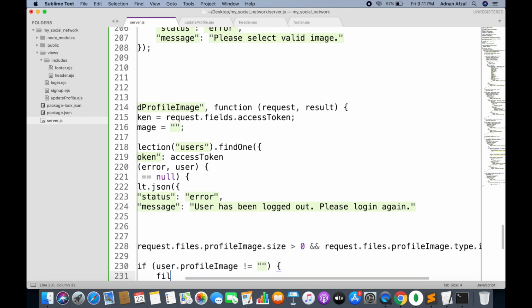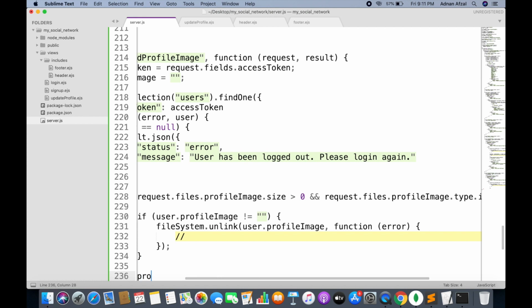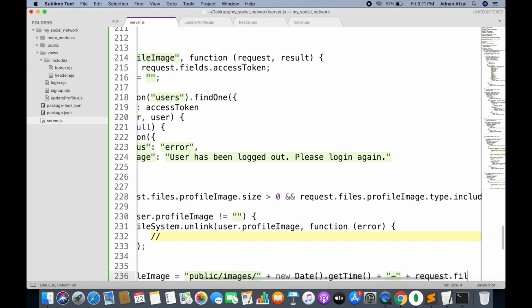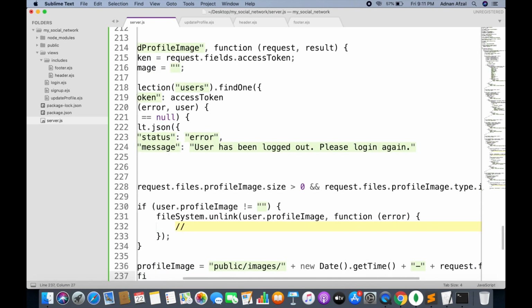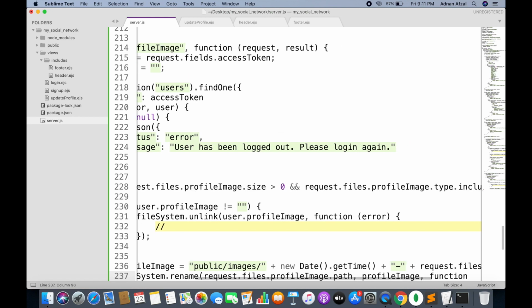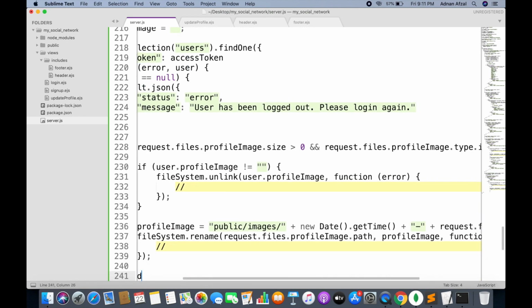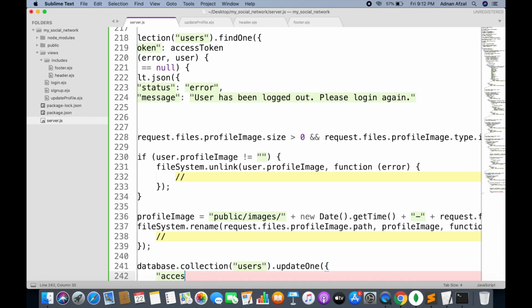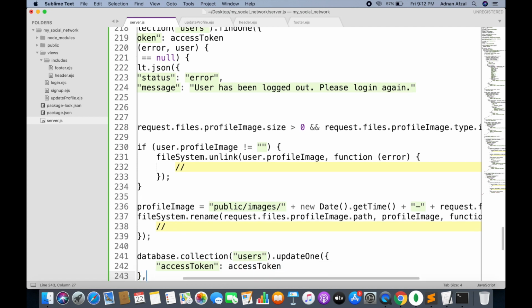And we are again checking if the user has a previous profile image, then we will remove that. And we are setting the path of the image where the image will be displayed. To make the name more unique, we will set a timestamp in it, and the rename function will save the file in the public images folder. And finally, we will update the profile image field in the user document by using his access token.